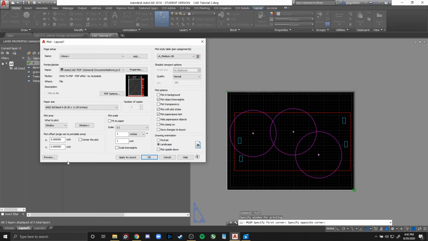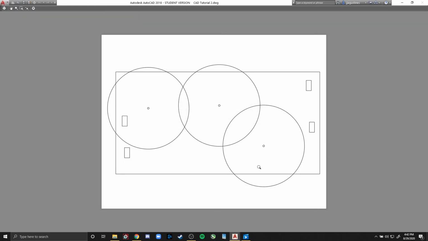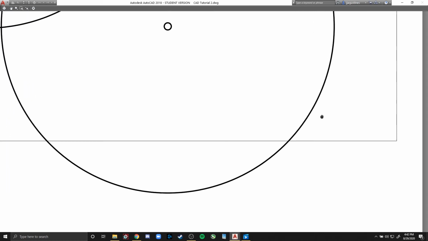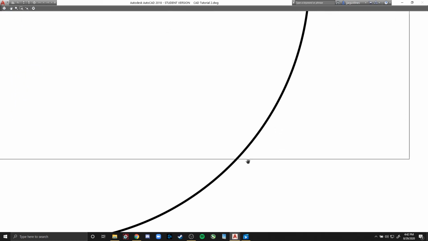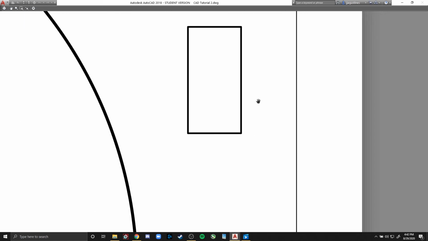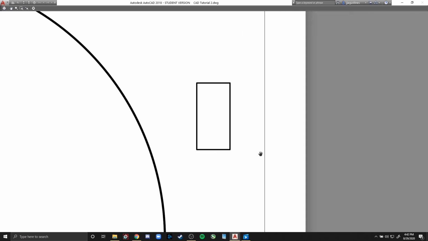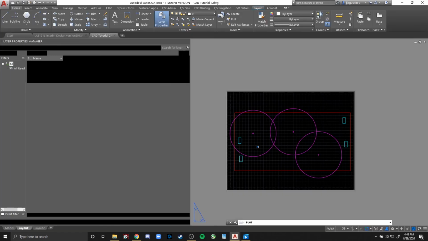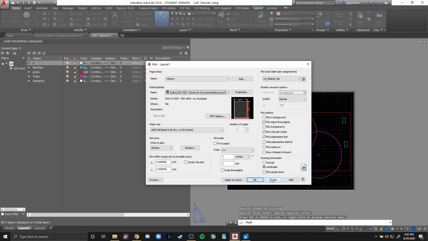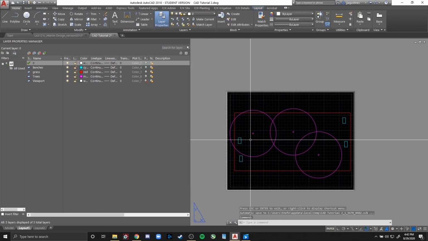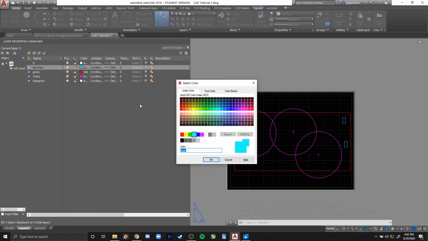And then before you actually print, it's always super important that you preview it or do a test plot. So when you preview it, you could see that our line weights are in fact working. The trees are thick as it should be. Maybe we could go a little lower on the bench, and I think the line weight on the grass is fine. It's really important you do a preview because you could go back and choose a different line weight. Like for example, I think the benches could be a tad thinner, so I'm going to change it from cyan